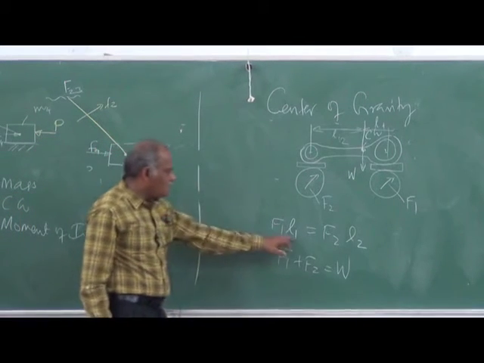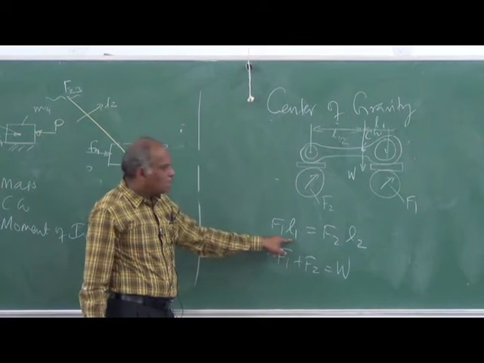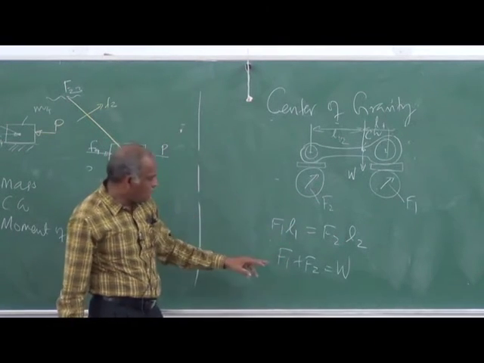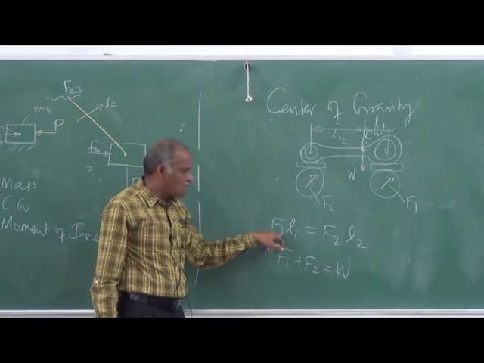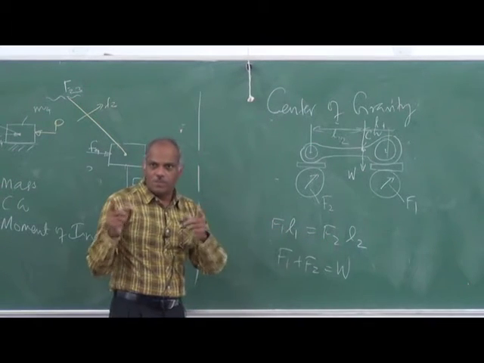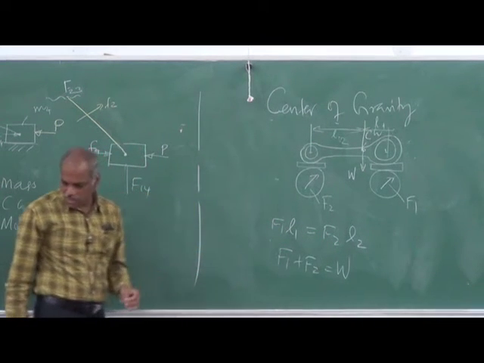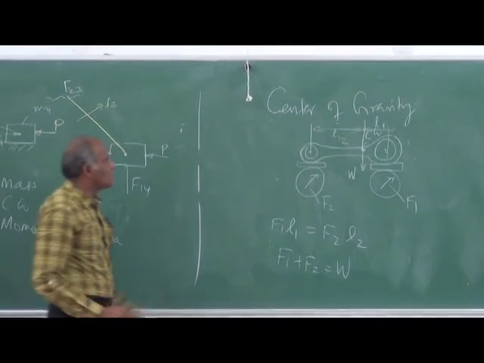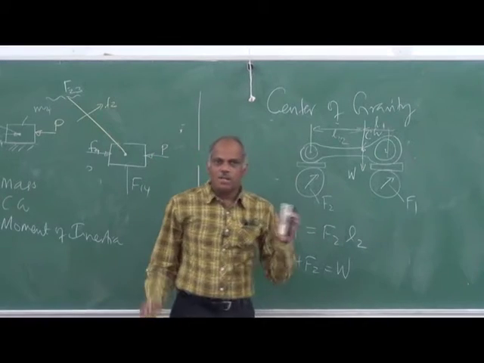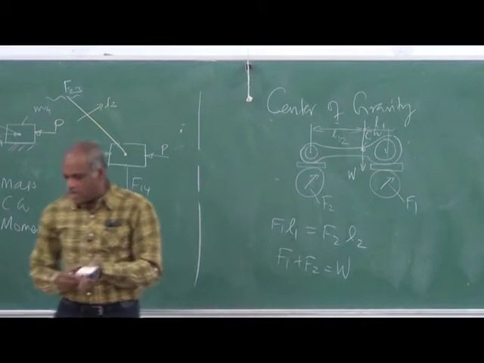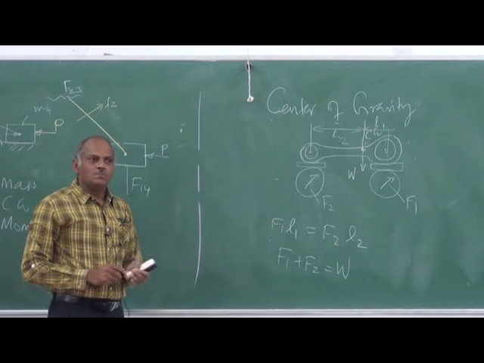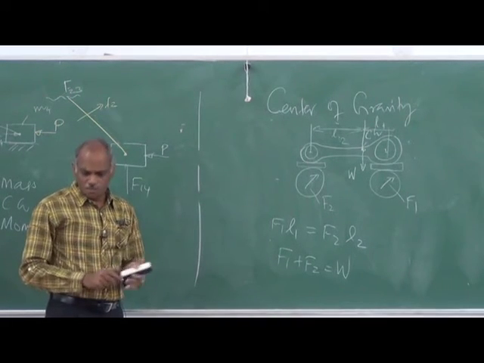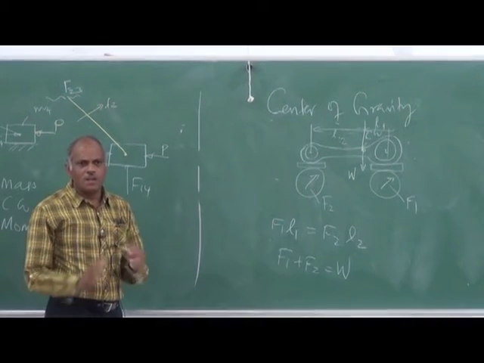So what you need is either L1 or L2, then you can find out the center of gravity position by measuring the forces F1 and F2 separately. So this is another way of doing it. But if it is a three-dimensional object which is quite irregular, you have to measure the weights at least at 3 points. So this is going to be a cumbersome process.